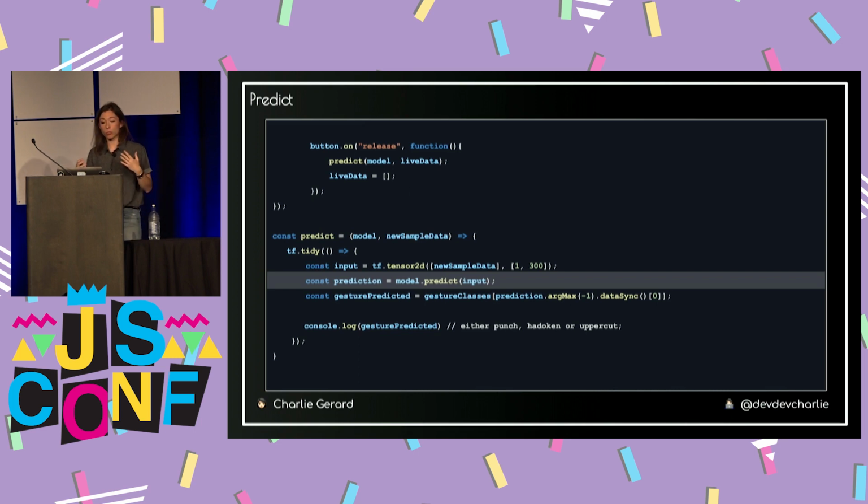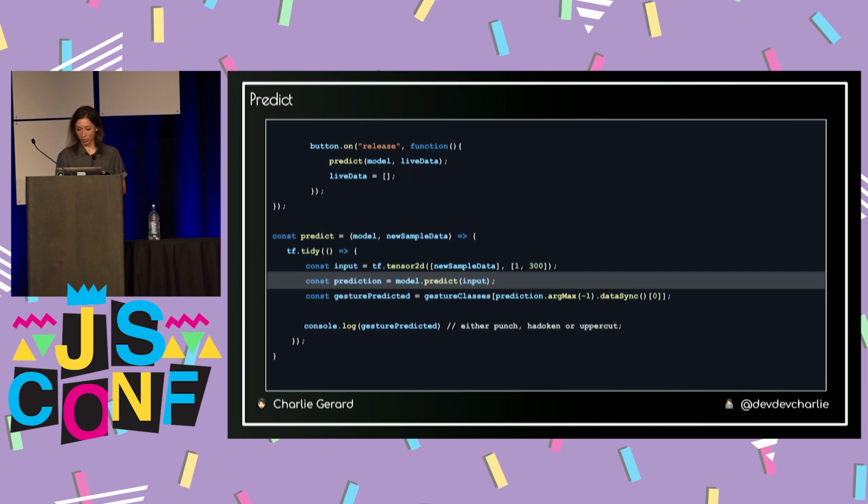What is really cool about it is that every time I do a punch, there is no way I could do the exact same punch that I did before, because if we have 300 or more points of data, there's no way that the value from our accelerometer would be exactly the same, even if you tried 100 times. So it means that you are more free to do whatever gesture as long as it looks like a punch to the algorithm. The way it's learned patterns from data, it will probably understand the values coming from the accelerometer and make sense of it and match it to one of the gestures that you tracked.